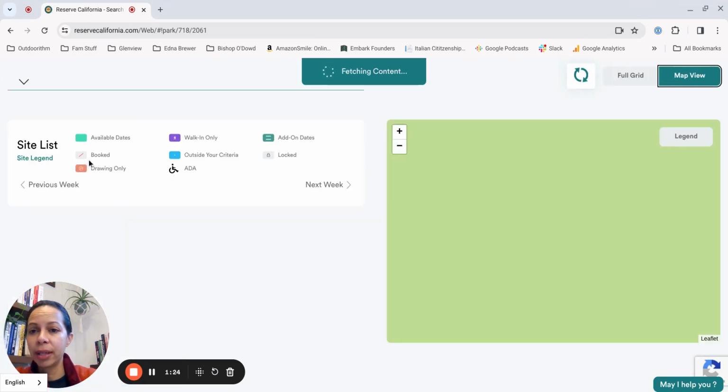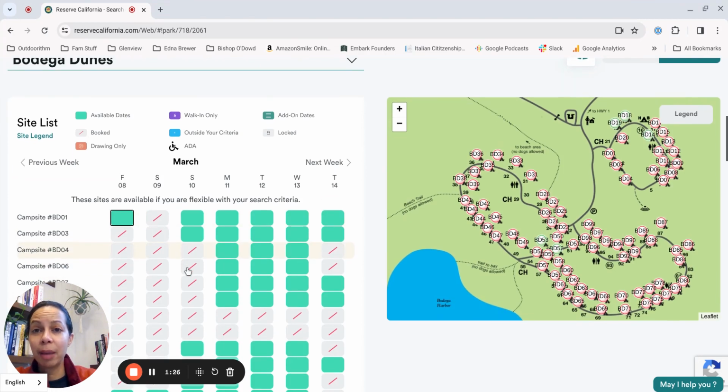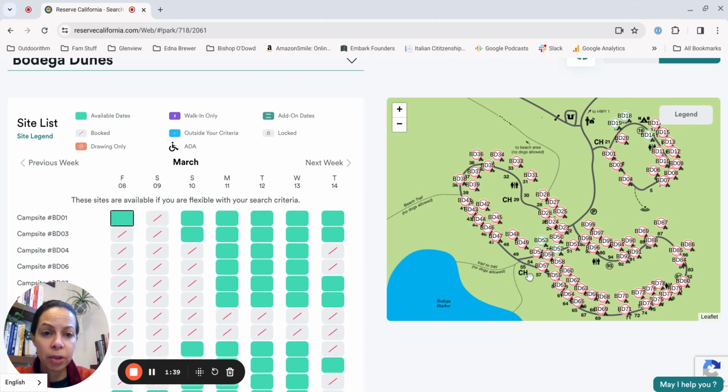We click on that. And then you'll see that it's time to select a campsite. So here are all the campsites listed on the far left of your screen. And then there's a map here on your right. So you'll be able to see, do I want to be close to a trail? Do I have a site that I've heard of that I really want? And then you can figure out where that is, choose the ones you want, and then corresponding number selected on